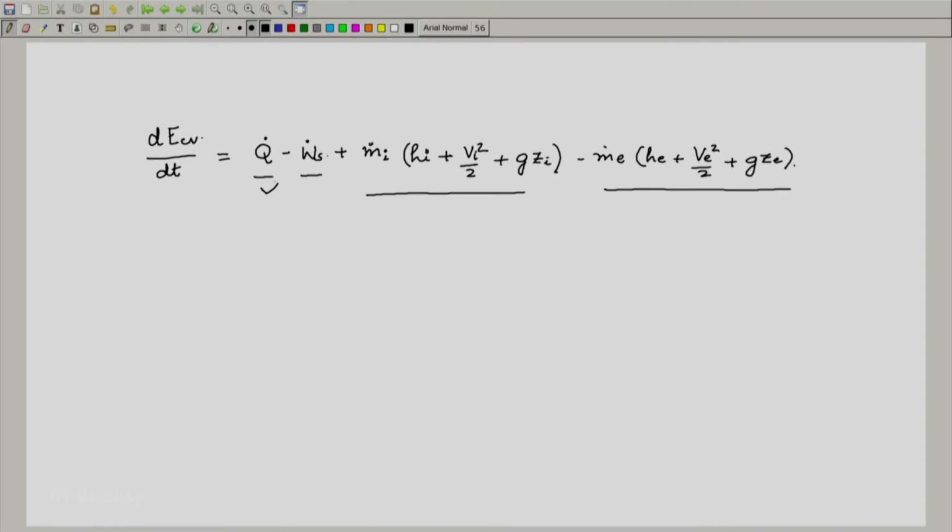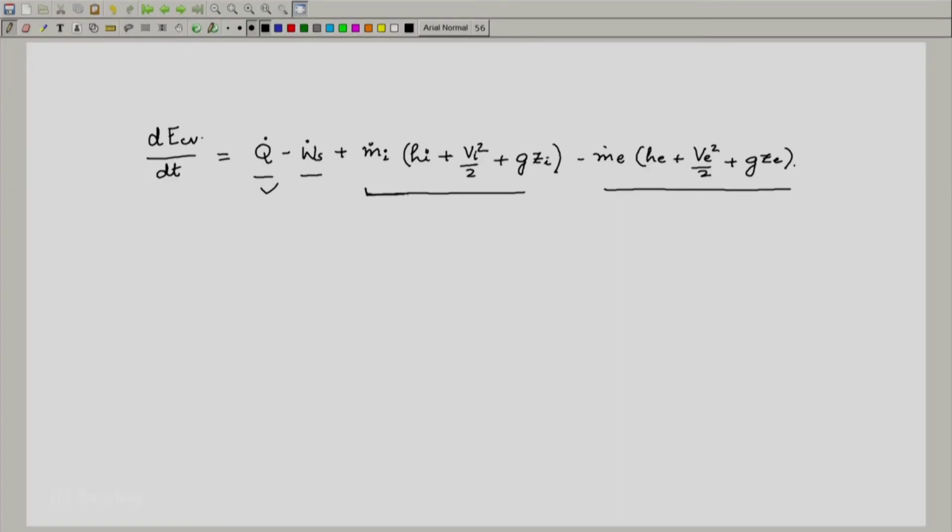So, though this is a reasonably general equation, you should realize what should be done whenever you encounter different situations. One can also think of situations where the heat transfer is not important, and we will discuss that, in which case the Q dot term will go off. Sometimes the work transfer is not important, and hence the W dot s term will go off. Sometimes there is no inlet, sometimes there is no exit, and whenever there is no inlet, this entire term with m dot i disappears. Similarly, whenever there is no exit, this entire term with m dot e can disappear, and only the remaining terms can be there.